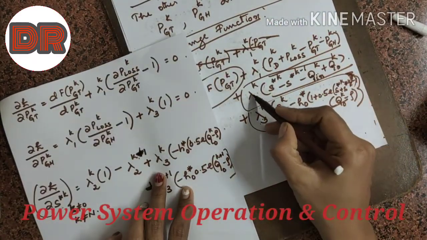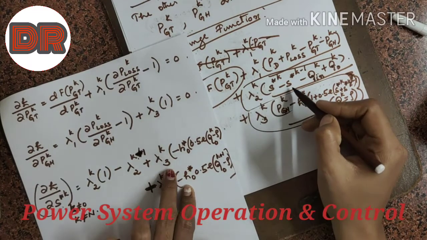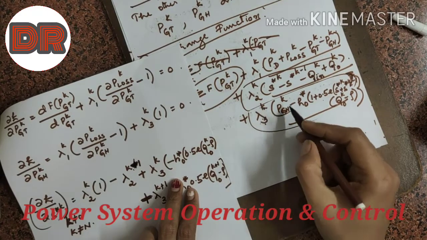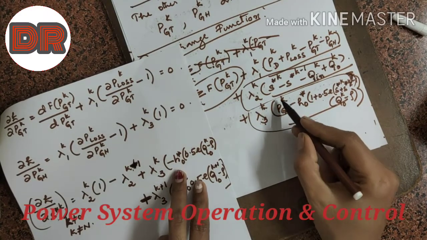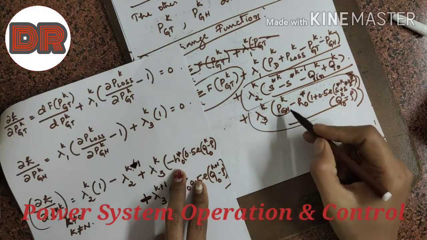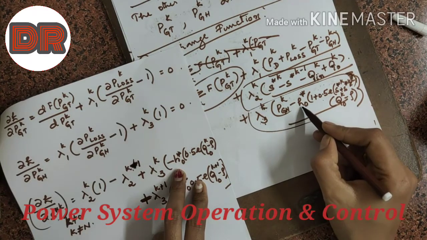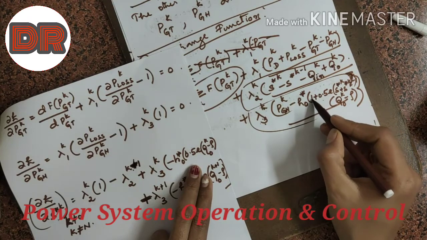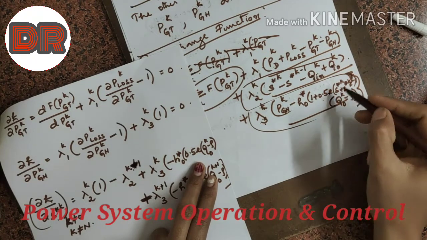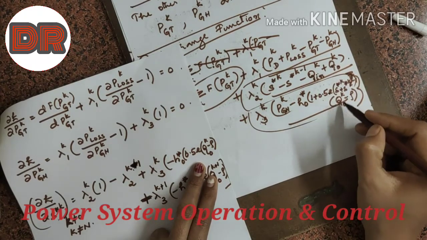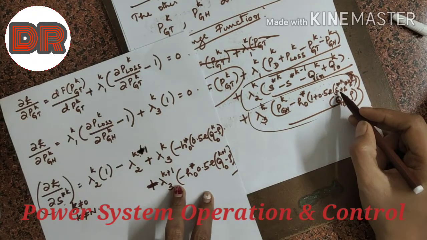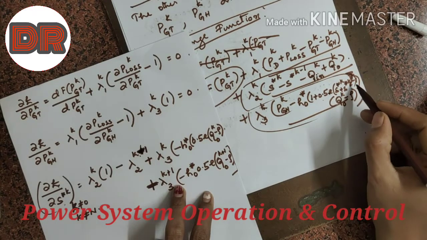So we have lambda 2 K plus 1 into 1, plus lambda 3K times the differentiation of this with respect to S star K. So we have only this minus h naught star, this is anyway 0, differentiation of this is 0.5 e, and differentiation of this is 1 into this. Similarly, the last same term with respect to S star K minus 1.